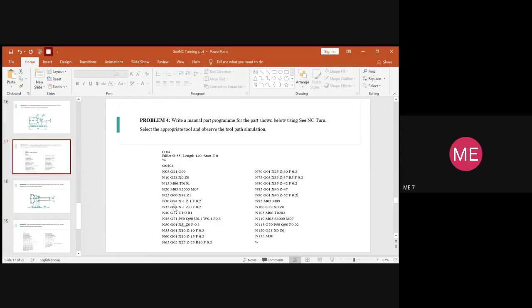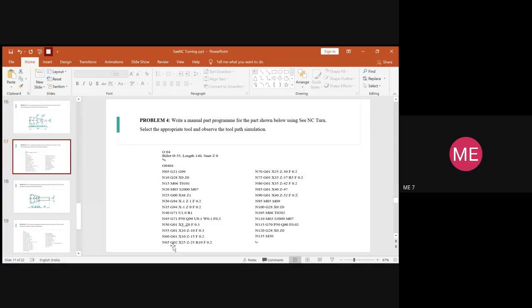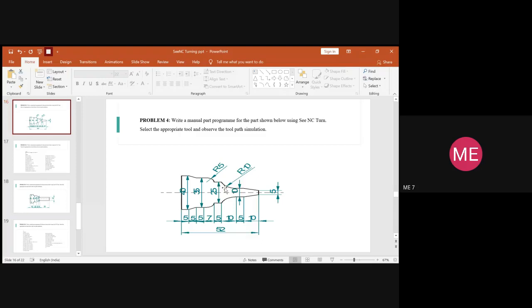Okay, so we were here. Yeah, Z15 was over. Now we are giving the circular interpolation because it is moving in clockwise direction. So it is G02. And since the X has to reach here, the diameter of the blank here will be 25. So we will type X is equal to 25.